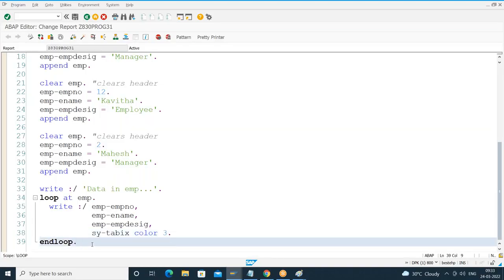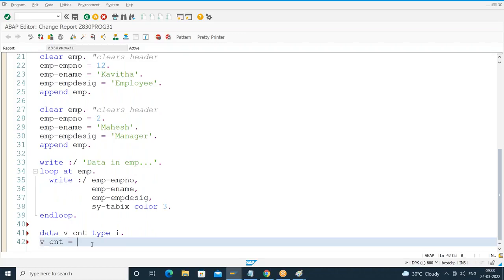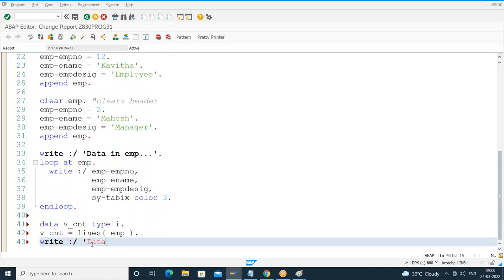So how do you count the number of records? I'll declare one variable, data v_count type i. I'll say v_count equals lines of the internal table, which is EMP. Then I'll write the number of records in EMP, using the variable v_count. When I print it,